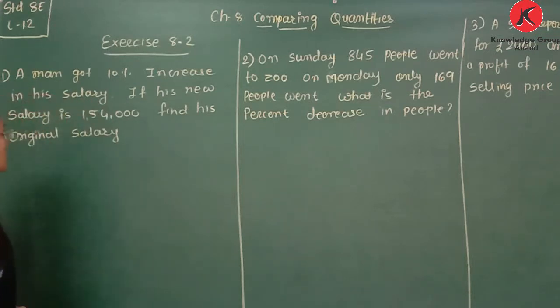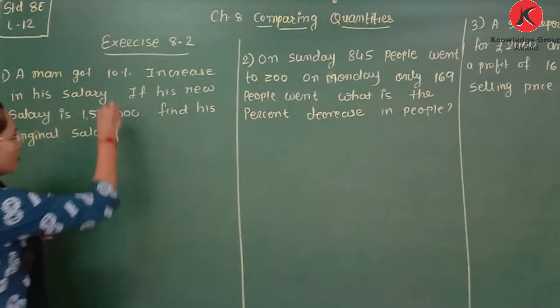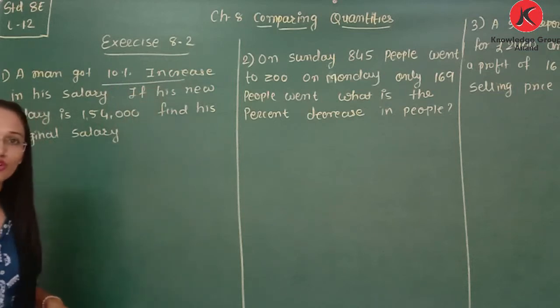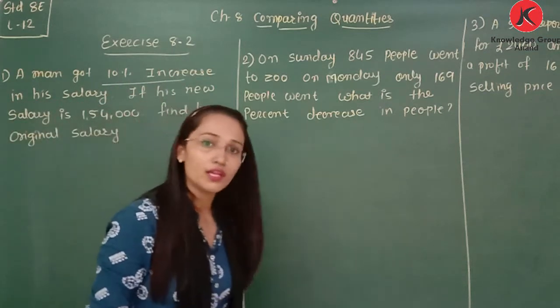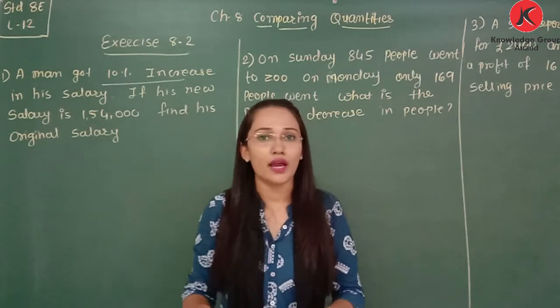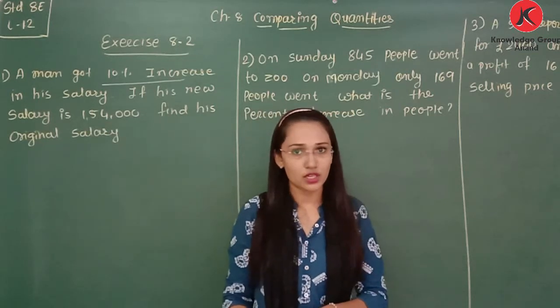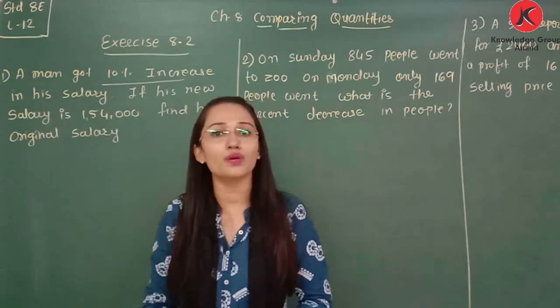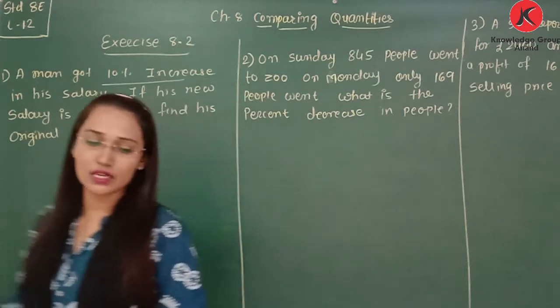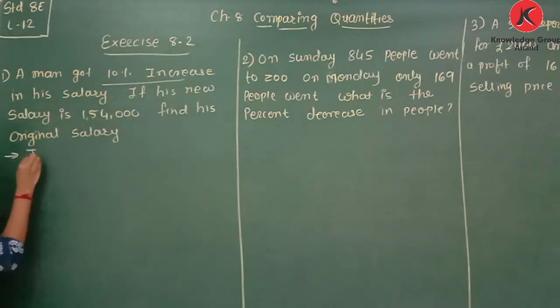So the first question is: a man got a 10% increase in his salary. So what is the first statement? 10% increase. I already told you that in a question, whatever information is given, you need to write in a list. So you will understand which method we need to apply. We can apply the direct equation or we need to use the cross multiply method. Clear? So let's start. What information is given in the equation? So first, 10% increase. So we can write increase